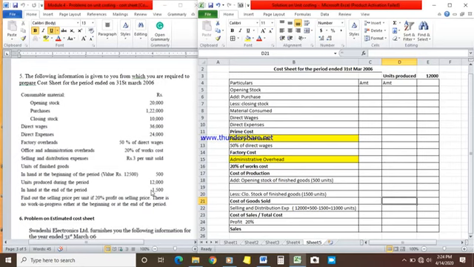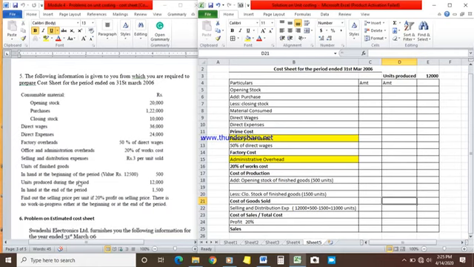But the value for this we need to ascertain. Find out the selling price per unit if 20% profit on selling price is given. There is no work in progress either at the beginning or at the end of the period. So up to this particular part, office and administrative overhead is similar to the previous problem, but from here onwards,